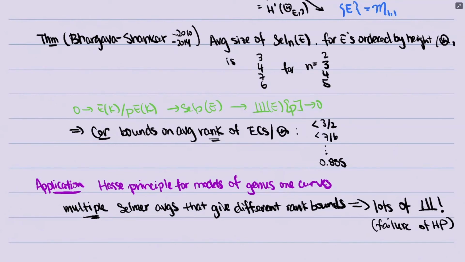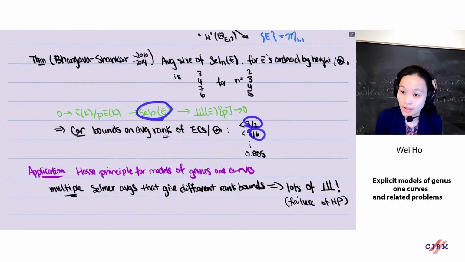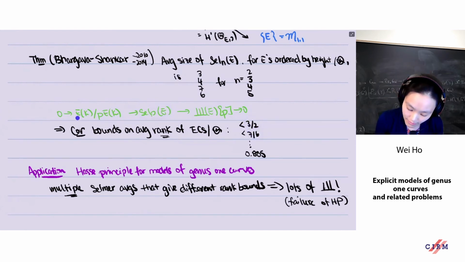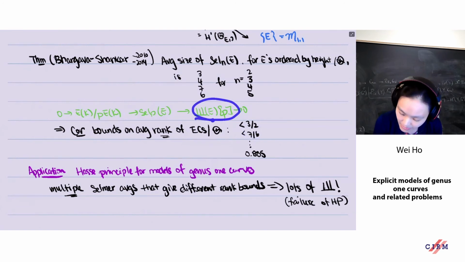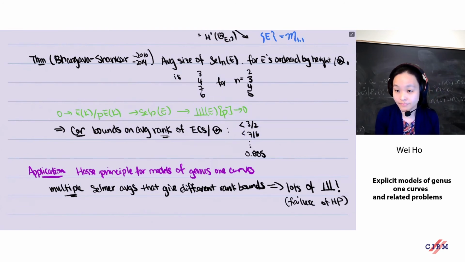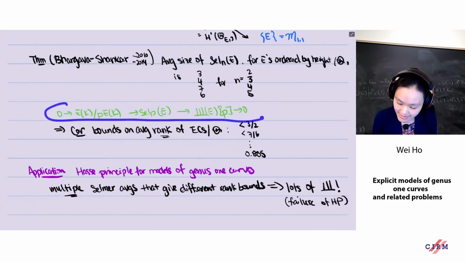That's it. That's all we're saying. Okay, so these numbers are really telling us how big Selmer is, right? And so if we know the average rank is actually smaller, that means there has to be a lot in the Sha side. Okay, so that's the idea, is just that you can look at this exact sequence